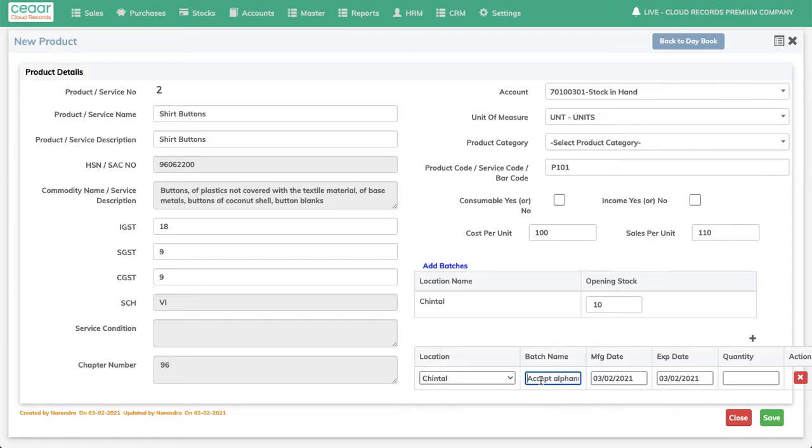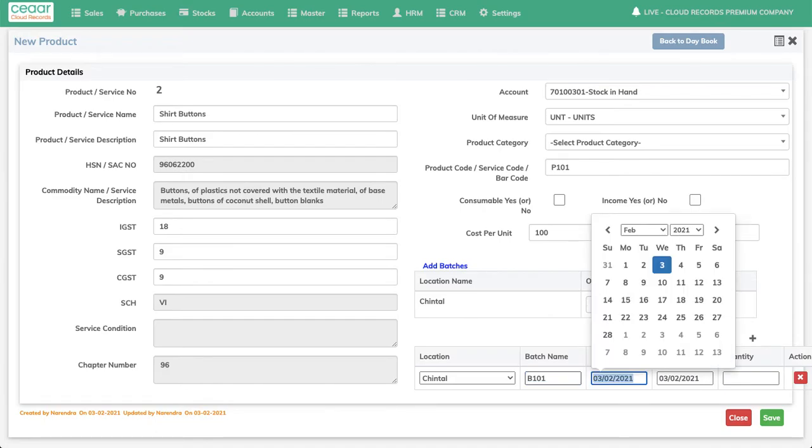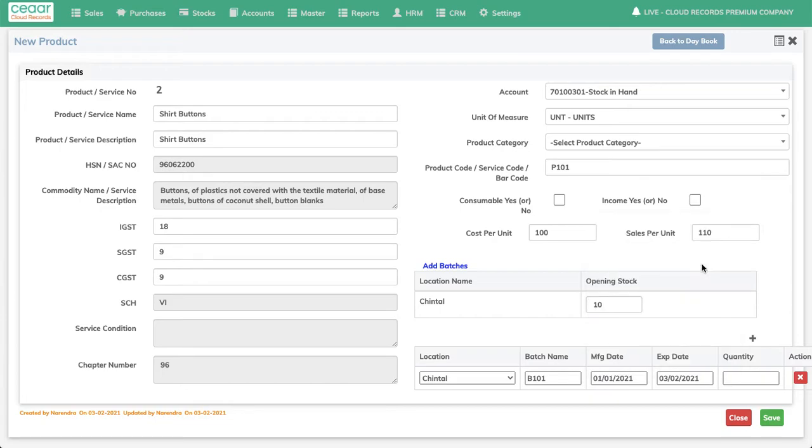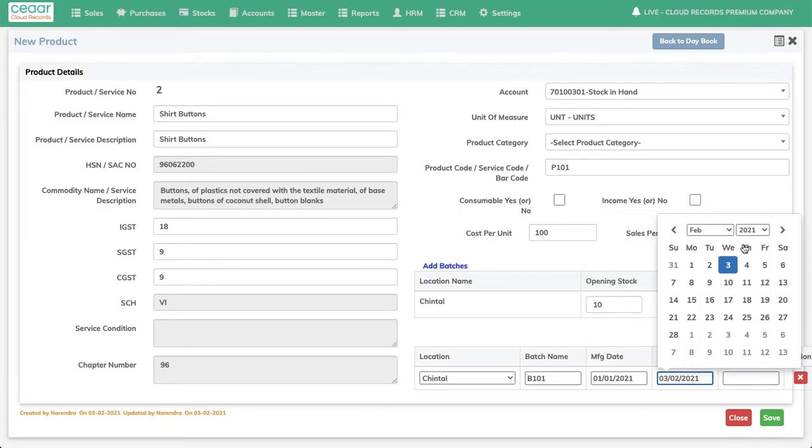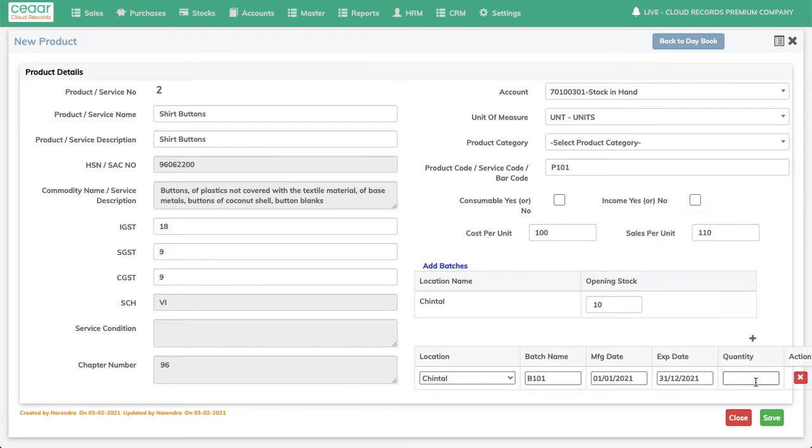Now I have to enter batch number, manufacturing date, and expiry date. Quantity, if it is one batch, it is 10.